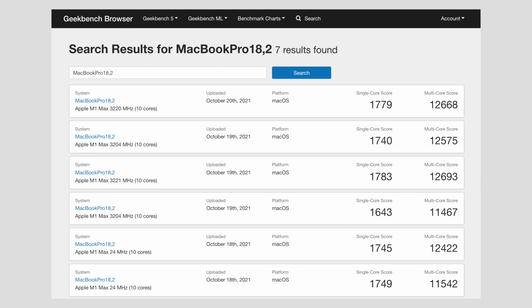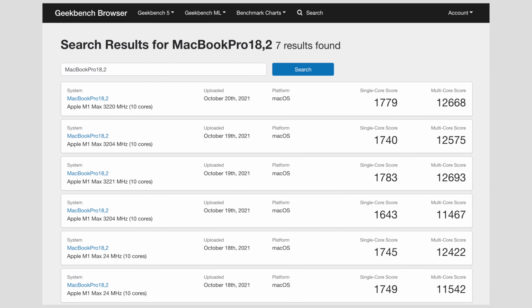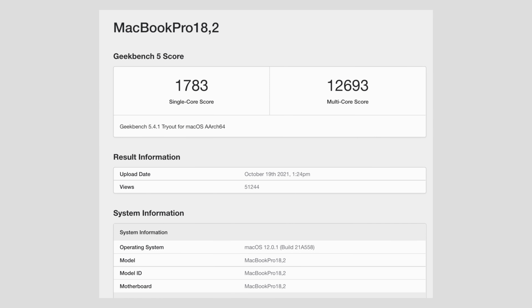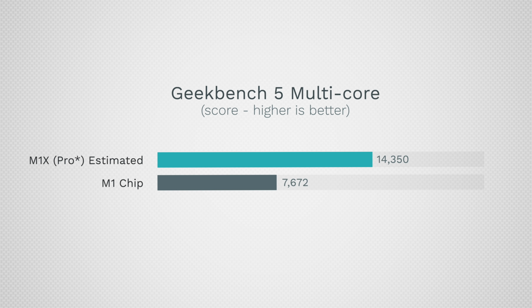So getting right into the leaked Geekbench 5 benchmarks, let's start with the CPU side before going over to the GPU. As you can see, we have some slight variation in the scores, with the highest one giving us an astounding 1,783 single-core and 12,693 multi-core points. Now that score is definitely not what we expected, because I personally predicted around 14,000 to 14,500